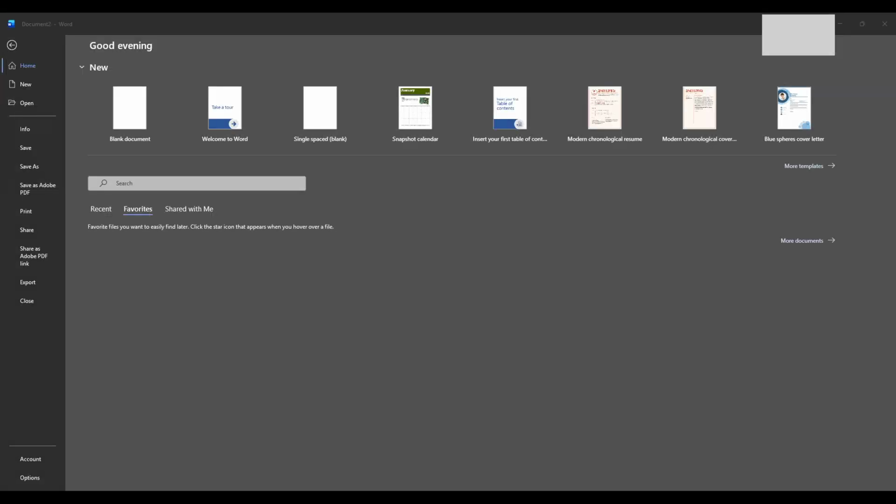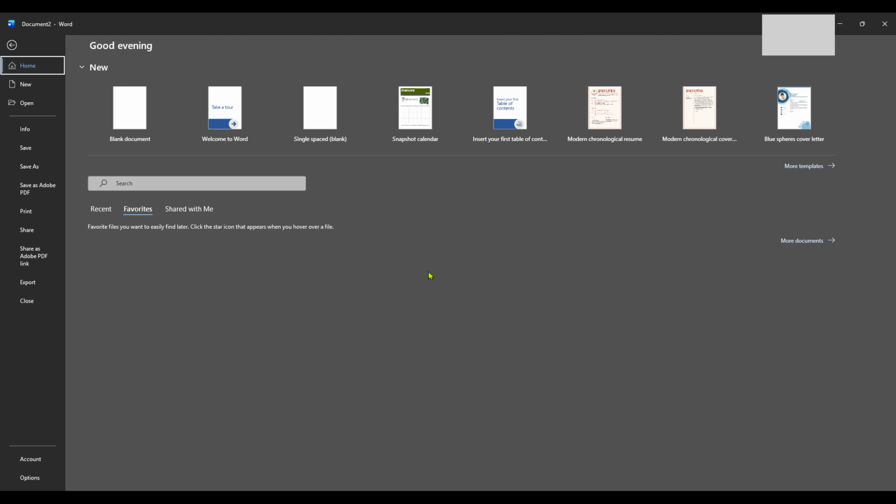In today's video, I'm going to teach you how to rearrange pages in Word with the latest update. This task is essential when you're refining your document's flow, or making sure the sections are organized in a way that best communicates your message. So, let's dive into the step-by-step process to get this done easily and effectively.